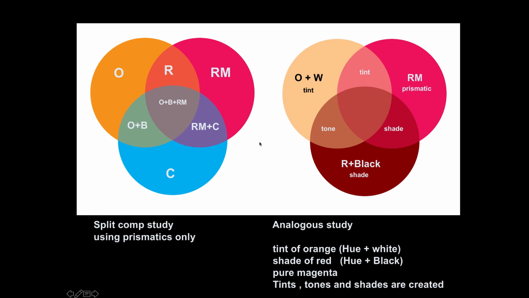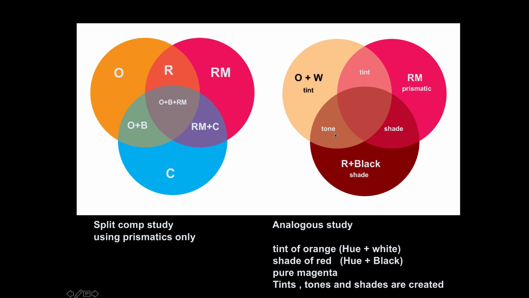So what we want to do is think about having one very light value, one medium value, and one dark value. So the way to do that is to start with our lightest value and add white, which would give us a tint. We can stay at our prismatic for the red magenta, but for the red we're going to add black, which is a shade. Now, look what's happened. If we now mix the red, which has a shade in it, with the orange, which has white in it, it's going to make a tone because the tone is made up of gray. So our median mixing between the red and the orange is going to be this